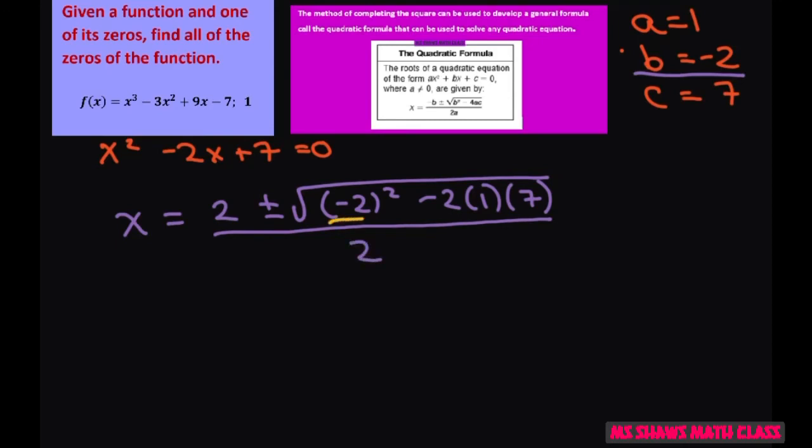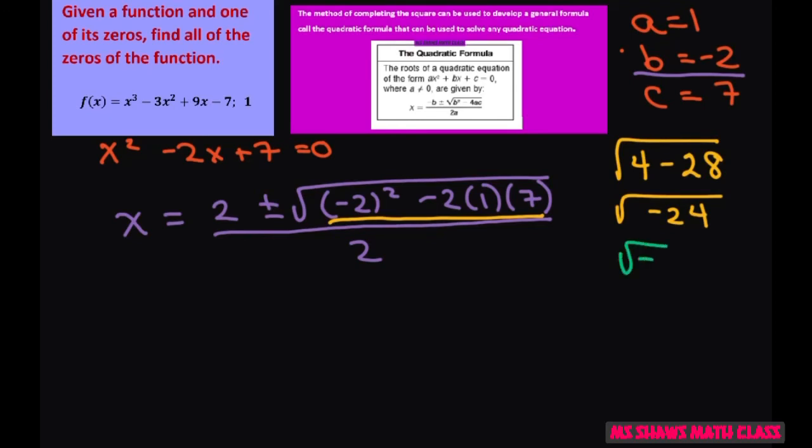So let's see what this is real quick. This is going to be 4 minus 28. I like to do this on the side. So this is going to be the square root of negative 24. This is going to give me the square root of negative 1 times the square root of 4 times the square root of 6. So what we're going to end up getting is 2 plus or minus